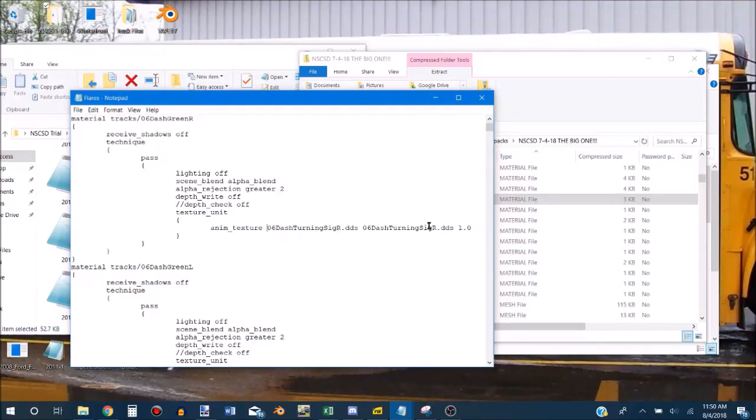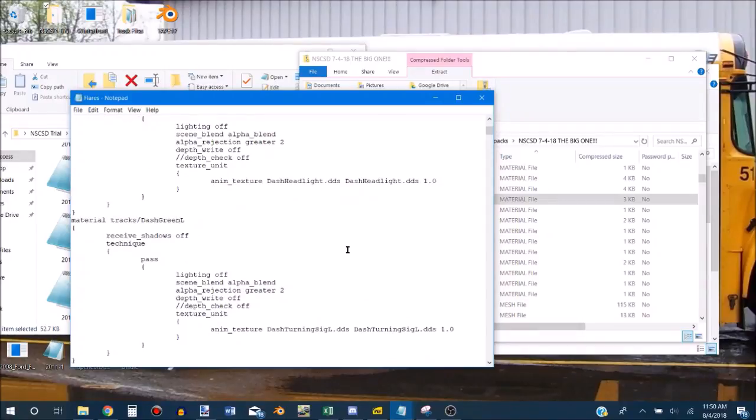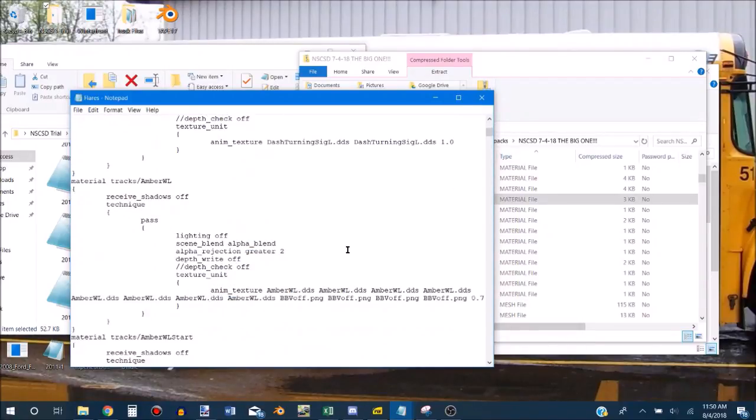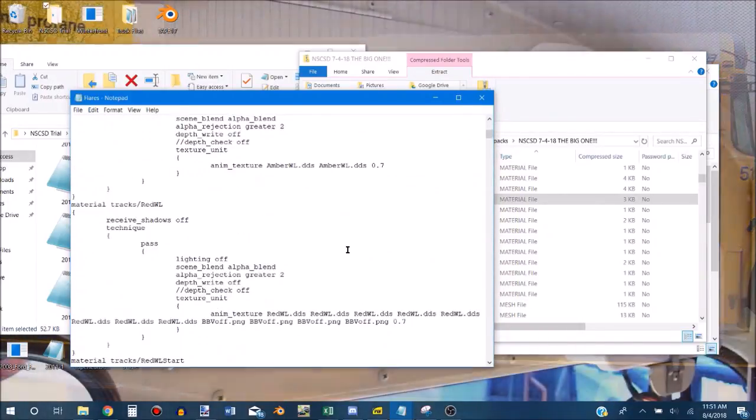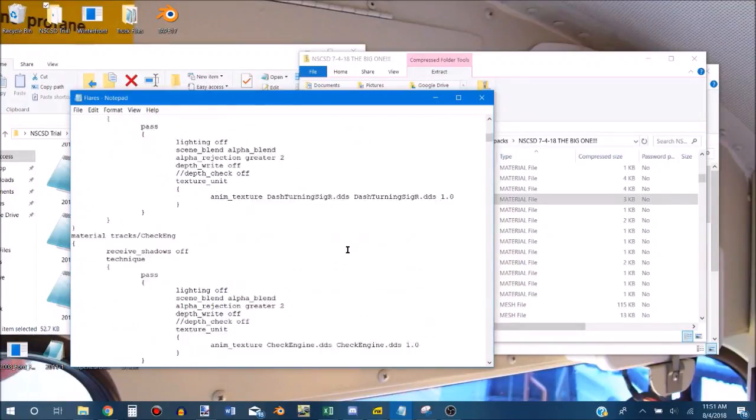So it'll go through this texture, then this texture, then it'll go back to the beginning, and it'll keep running through it. This one, it doesn't make a big difference being animated, because you can just do like a regular texture and just have one there. But these are both the same texture, so you're not going to see any difference when it goes from one to the other. But that does become important when you're doing like turn signals and warning lights and that sort of thing. So like if I scroll down to the